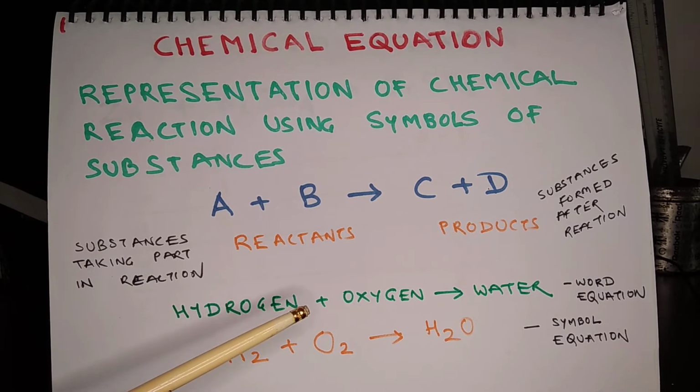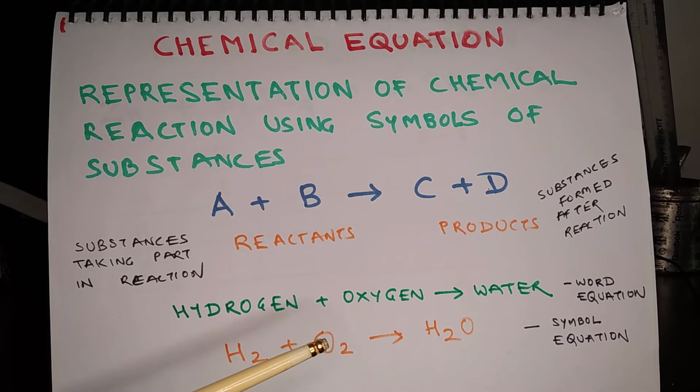But writing a word equation can be quite complicated, because in case of certain substances, the name can be quite long and complicated. There can be so many reactants in the equation, so the space on a given page may not be sufficient. So instead of word equation, what we do, we use symbols, because symbols are standardized, they take less space, and they can easily be deciphered by every scientist or students of science. So this reaction can be written as H2 plus O2 is equal to H2O.